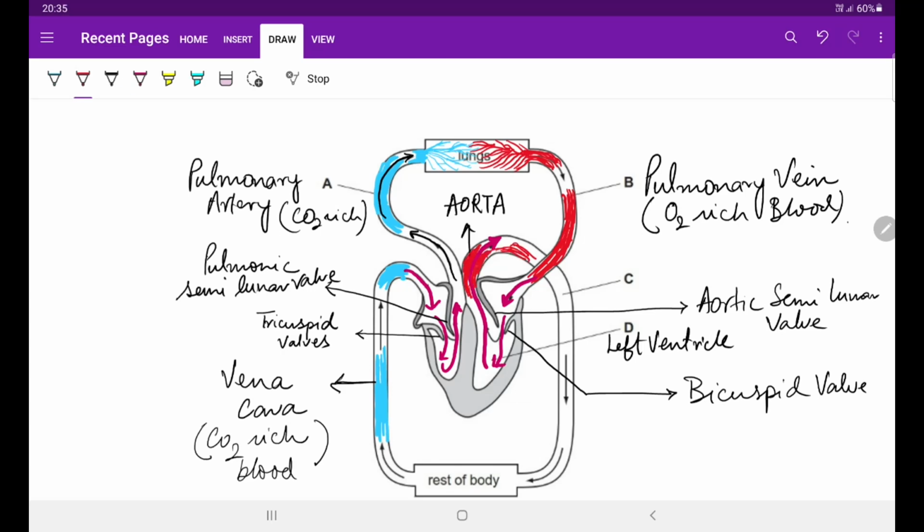I hope you remember that as the aorta leaves the heart, it branches out in three different directions. One is brachiocephalic, one is left common carotid, and one is left subclavian. If you want to look again, you can go back to the video which I have made on human heart anatomy, and you can find it on the I button. The fourth branch of the aorta descends down and goes to different body parts. While it descends to different body organs, it is now termed as artery.